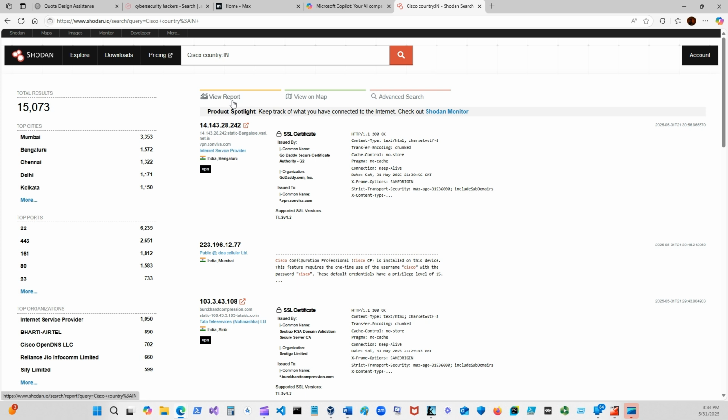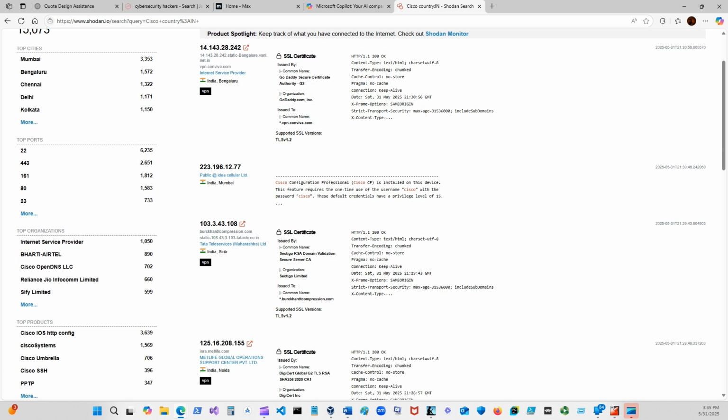So this is how, if I was really serious about trying to understand how to use this website, you can probably go to help and all that too. You can probably watch videos, or you can just read these line by line, trying to figure them out. Here's the VPN. So here's your SSL certificate, GoDaddy secure certificate, GoDaddy.com, they're registered with them, HTTP 1.2, content type, keep alive. And you can click on this and start figuring stuff out.